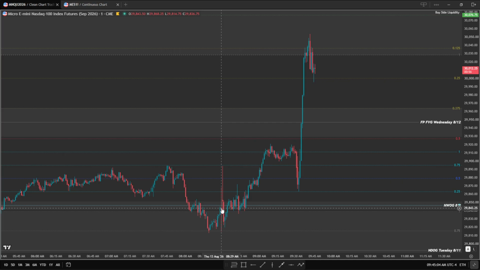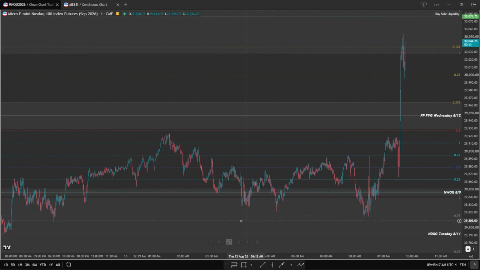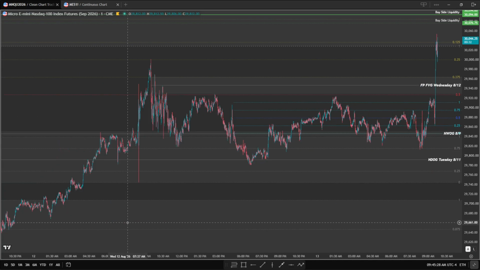The high impact news came out at 8:30, and then left equal lows right there. And then right here, there's Asia lows right there. Tripped all this buy side,